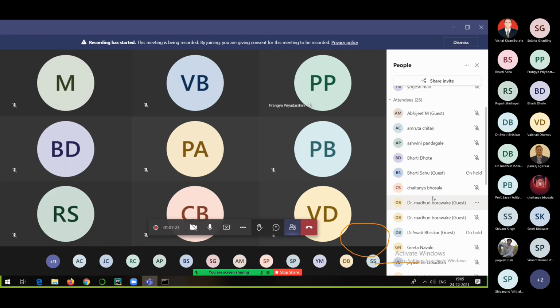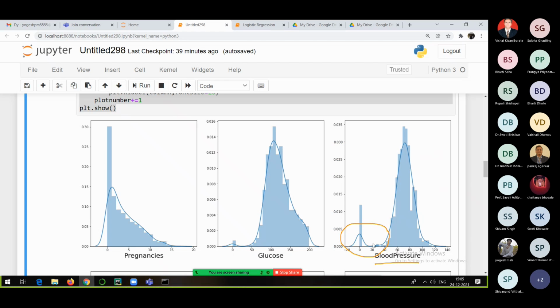I know that maybe many of you are working, that's why you might be busy in some other work. At least those who are listening, four or five people, are you able to notice whatever I am talking about, after replacing zero with the average of that particular column?